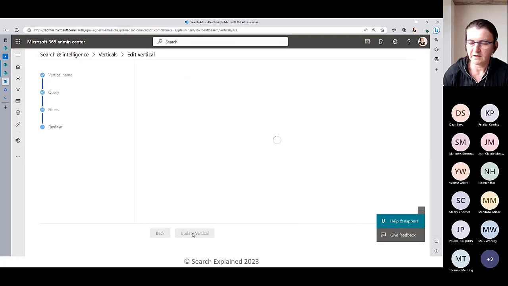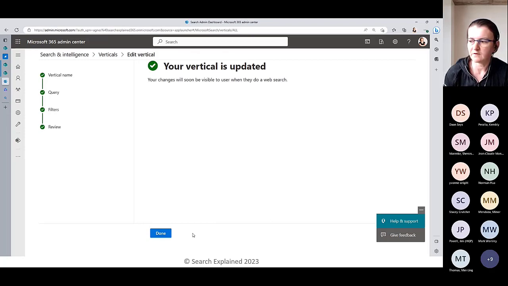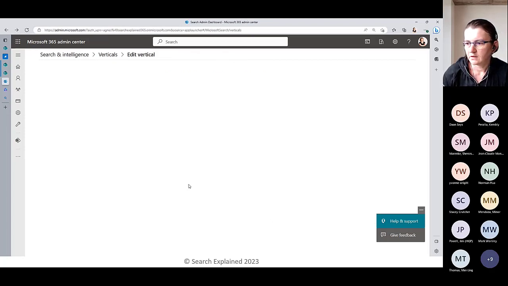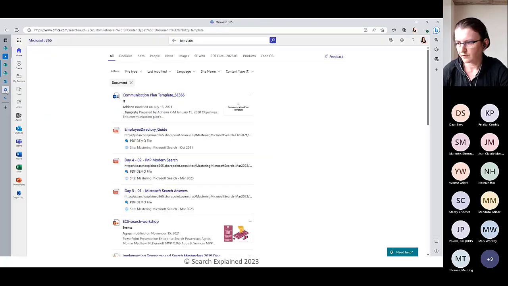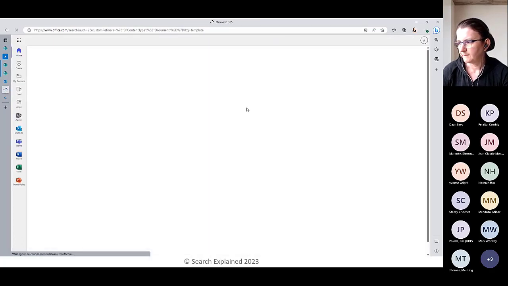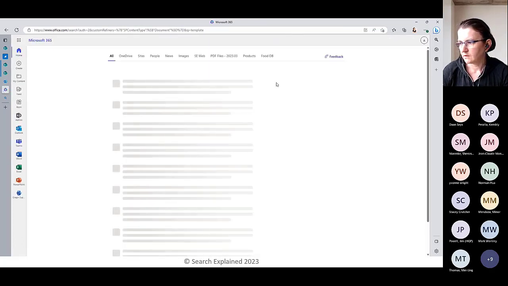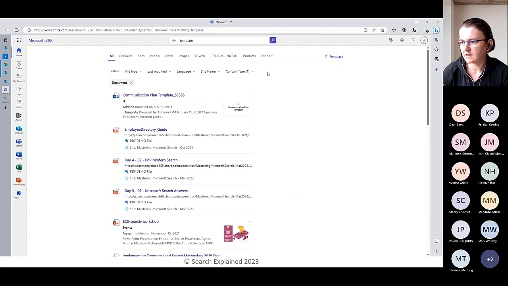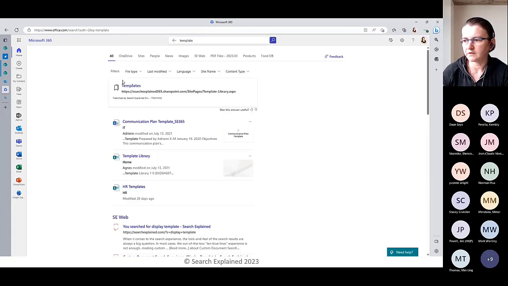the vertical. As I said, it might take a couple of minutes. I can try to refresh my page now, but it's not here yet. But we would come back to this vertical later to see if those filters would be populated before we wrap up this session. Okay, so